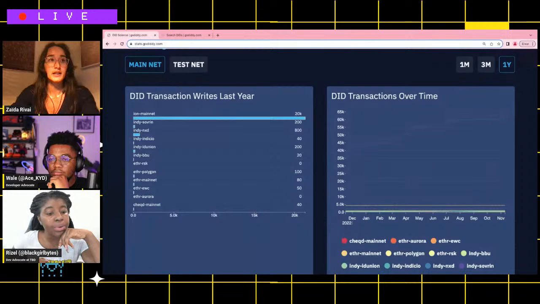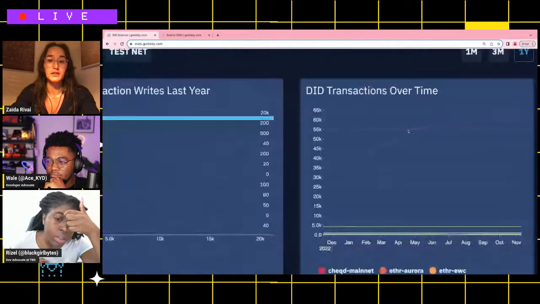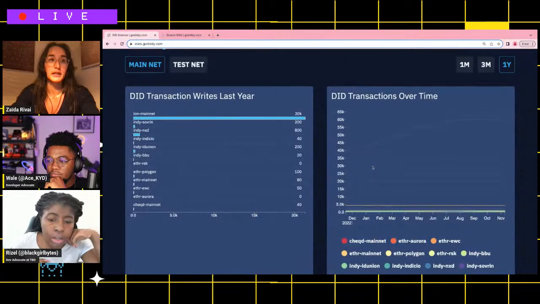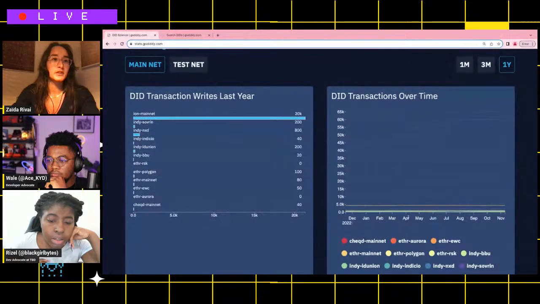The last thing that might be interesting is seeing if a release or a change in the DID method or the specification somehow changed something. Here we see an increase in the DID ION method on the mainnet, between April and May 2022.